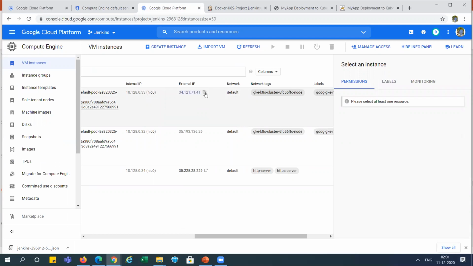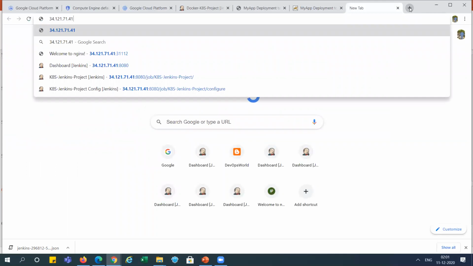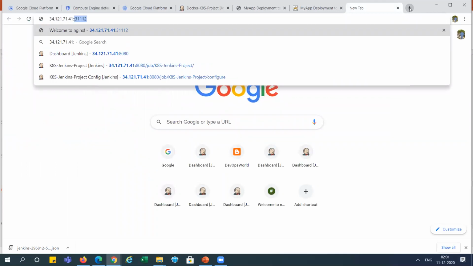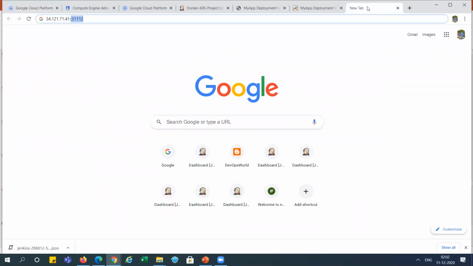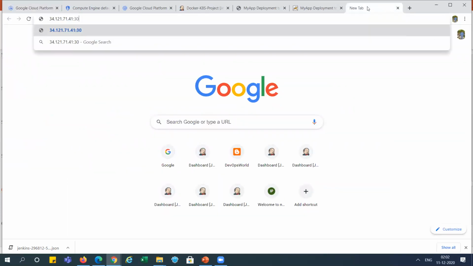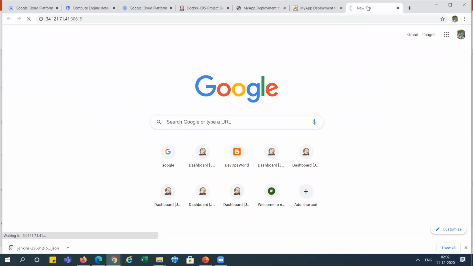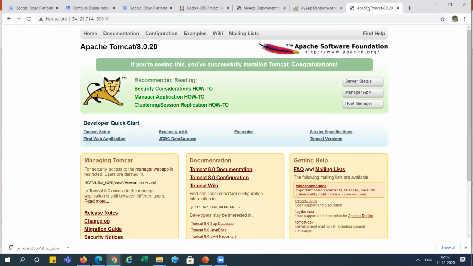This is the external IP here, and the port number is 30619, right? We will get Tomcat over here.